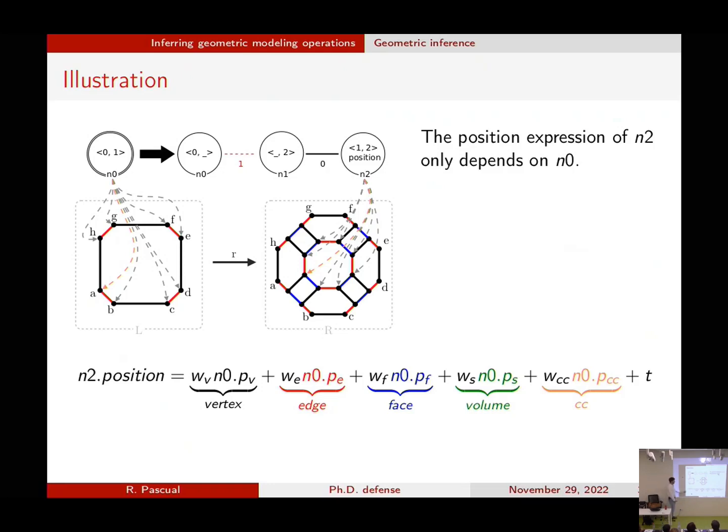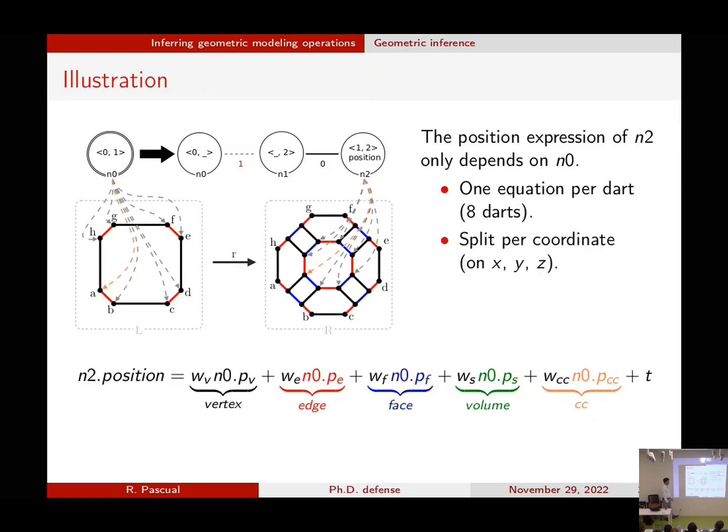So now, because each dart should yield the same correct result, we will actually have 8 equations generated from this global equation. Then we split it on the axis, so one for X, Y, and Z. So we obtain 24 equations. And because the weights in the global equation should be the same for all the equations, we actually obtain a system that is made of